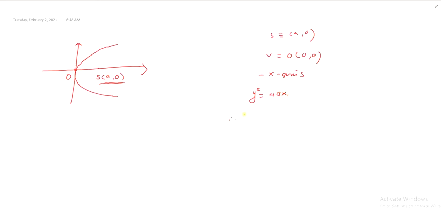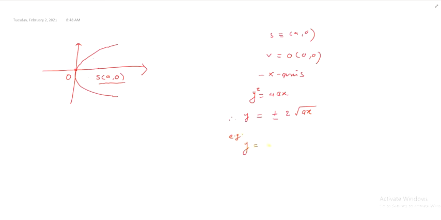If we take the square root of both sides, then y is equal to plus or minus 2 under root a into x. So here, this parabola is situated about the positive x-axis. Therefore we can take only positive values of x. Let us consider, for example,